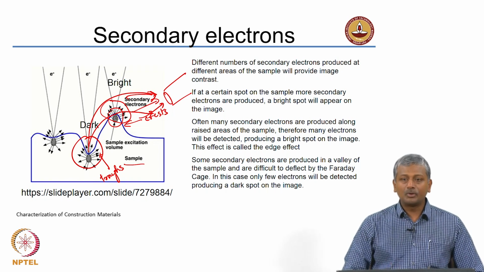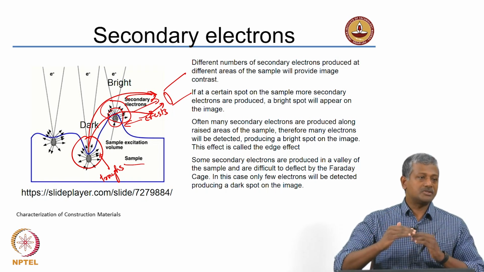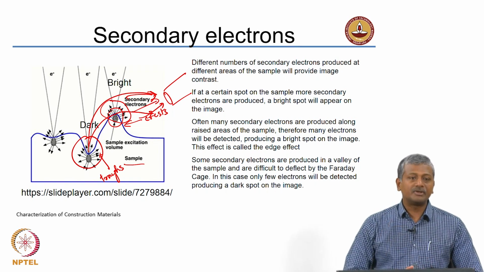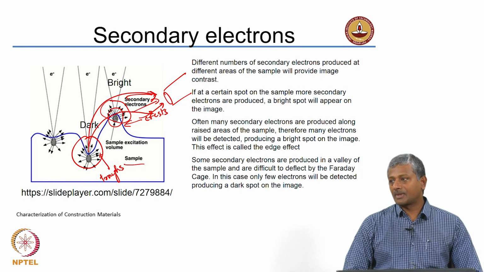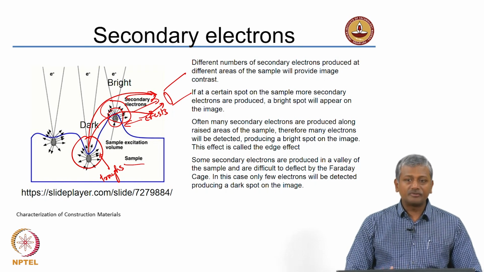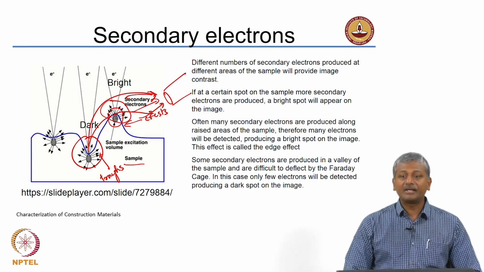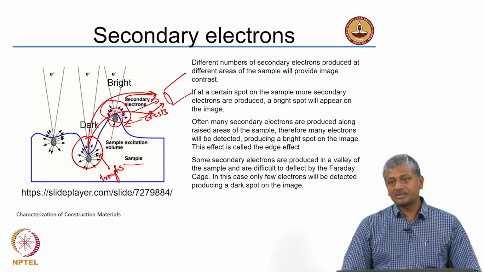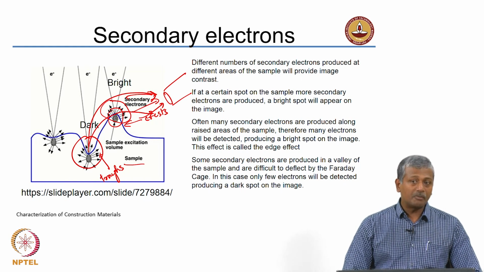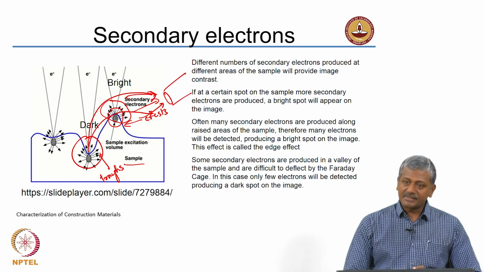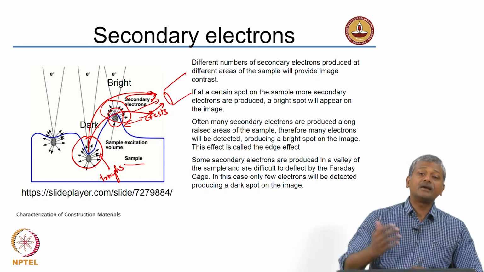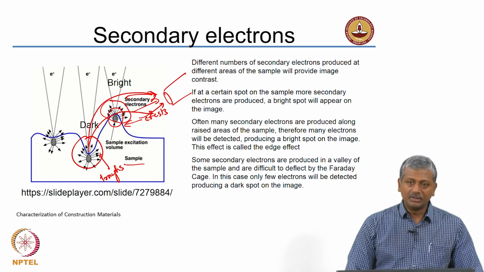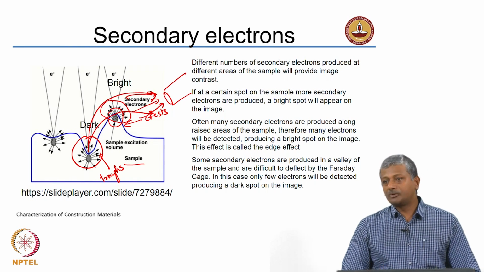So, here you are able to now resolve minor changes in the heights or levels of different aspects on the surface of the specimen. Now, of course, this is not just minor. Once we look at the kind of depth of field that you can get, you can look at even millimeter sized defects as far as scanning electron microscopy is concerned. You will be able to resolve as low as a few nanometers and as high as a few millimeters. That means not only do you have a good resolution, you also have a good depth of field.